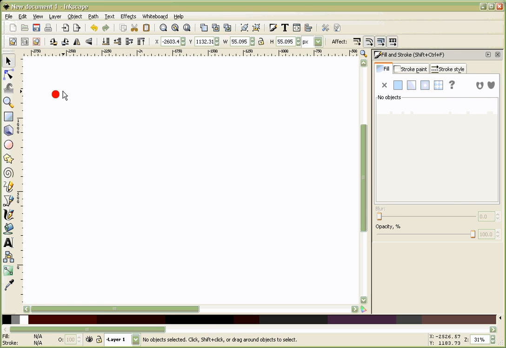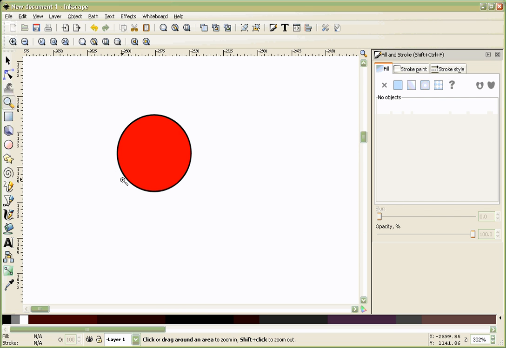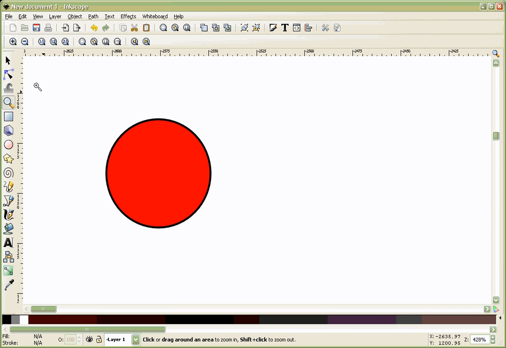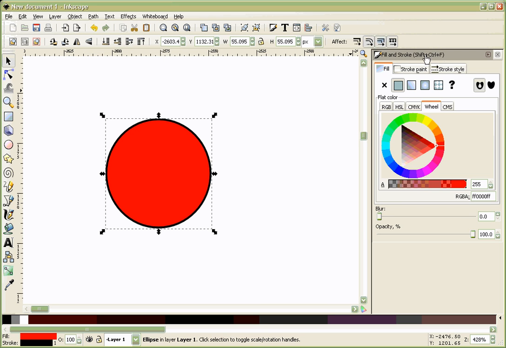Now this has a stroke around it. Here I'll zoom in so you can see. It has a black outline, which I guess I don't want. I didn't have it in the original, so I'll take that out. By going over here to, now I happen to have this open already, this fill and stroke palette, but if I didn't, I would just go over here to select the object and pick fill and stroke and get this